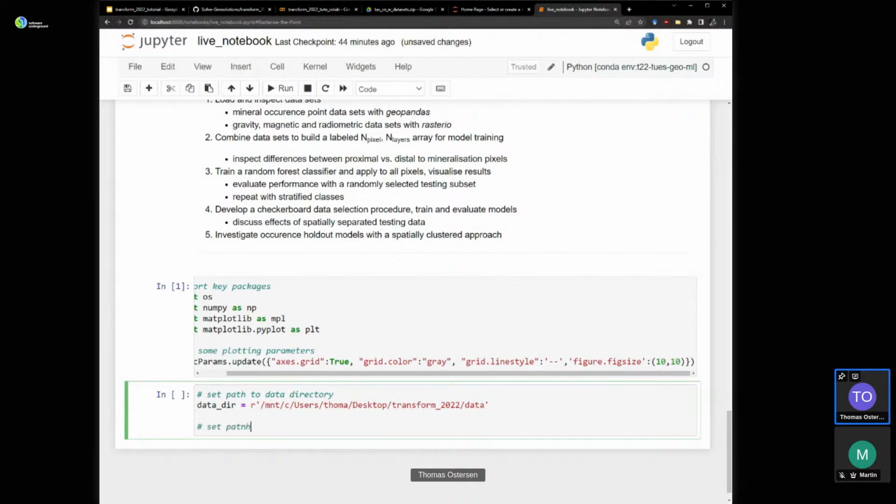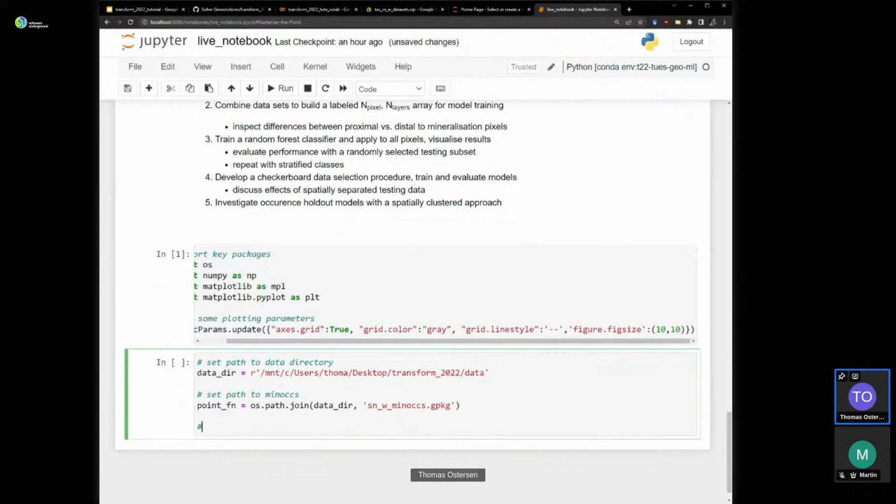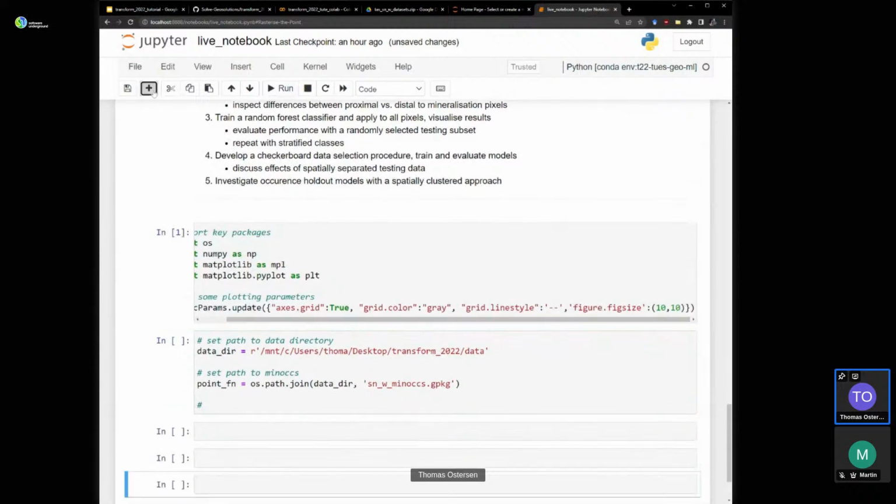So set path to minox point fn, os.path.join, data directory, smw minox .gpkg. And then I'll just add a few cells down here to give me some space.